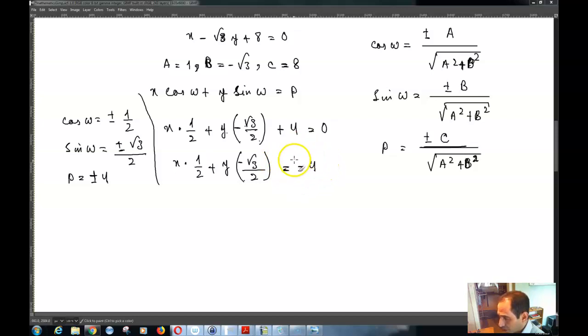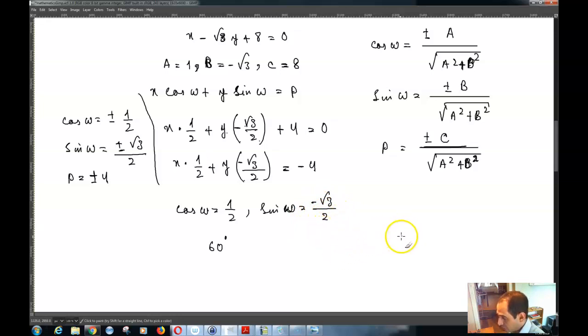And of course, based on this, once you change this, your angles are going to change as well, meaning that in the way that I have written my equation right now, cos omega is equal to 1 by 2, and sine omega is equal to negative square root of 3 by 2. Now, you're looking for an angle whose cos value is 1 by 2, which is basically 60 degrees. But the sine of that angle has to be negative square root of 3 by 2,